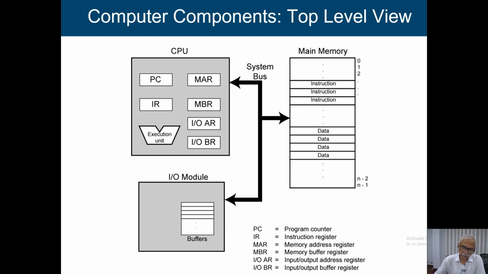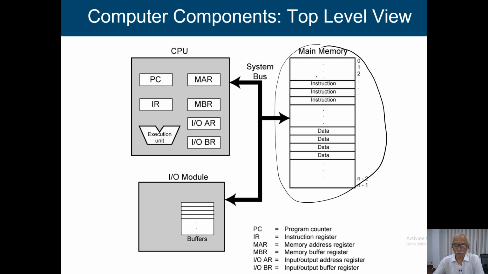Now you just say we have discussed this particular memory. Now when I come to this particular memory, I think we now have an idea how we are going to construct this main memory. We are going to store instructions, we are going to store data. So how every bit will be stored, that means memory cell, a binary cell. You know how we can construct a memory cell to store one bit of information. It may be dynamic RAM or static RAM. Now we can combine all those memory cells to construct our main memory.